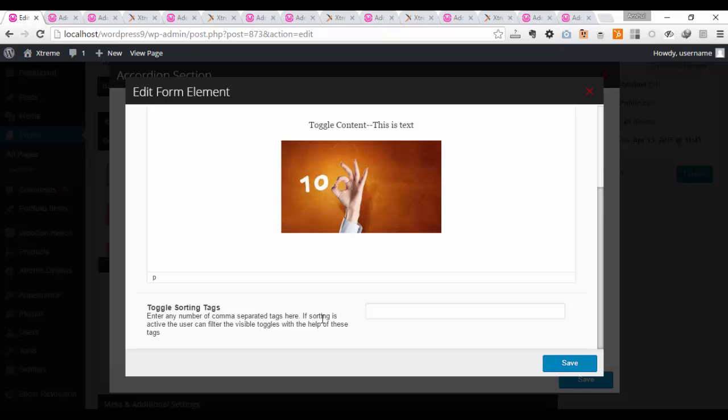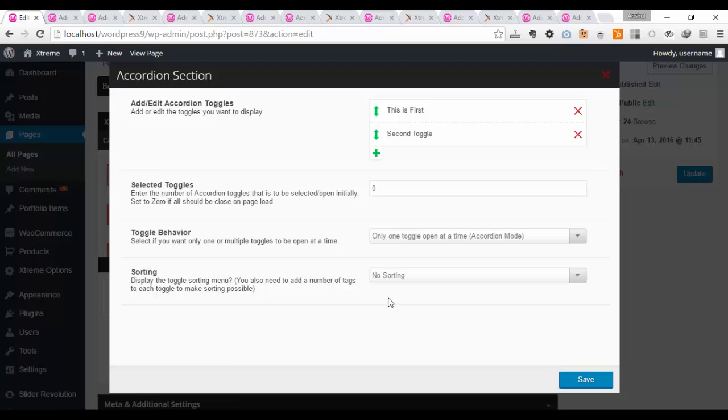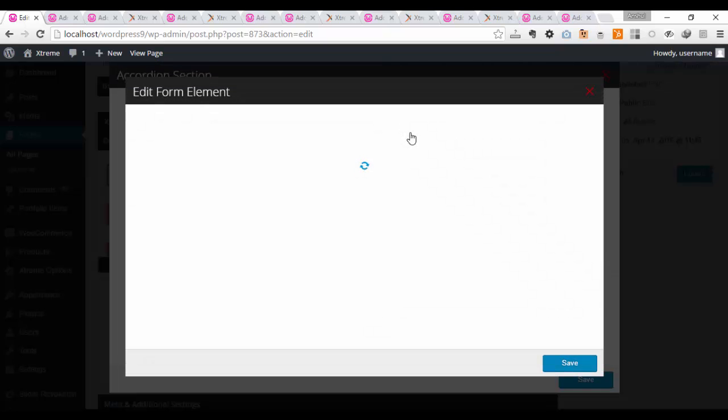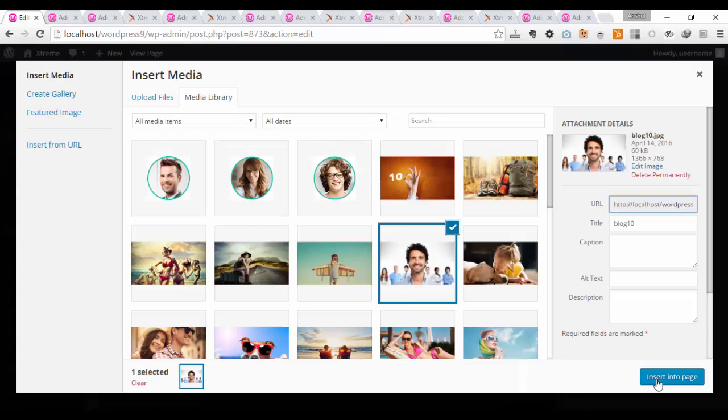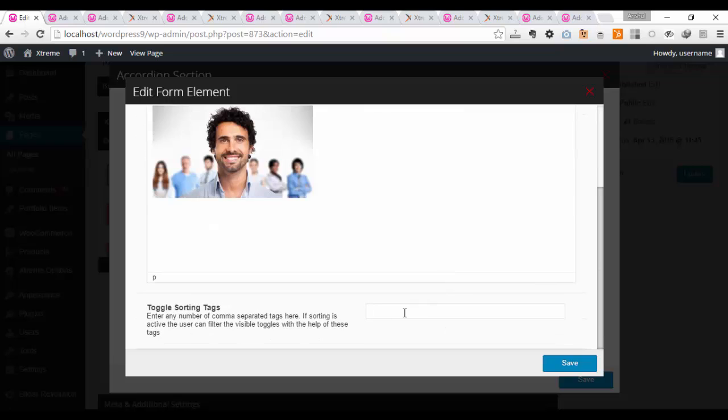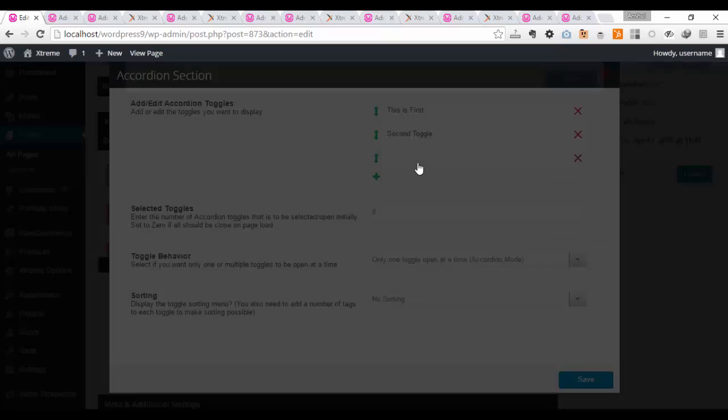So what I can do is, let's say I give a sorting of 1, and I'll save it, and then I'll give this the other content. So I'll just add another media very quickly and give it a sorting tag of 2, and I'll click on the save button. I'll just create a third toggle,